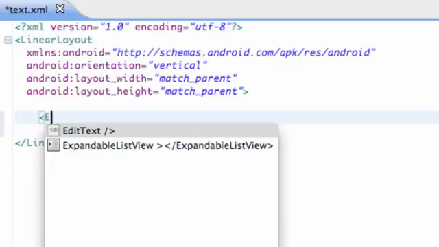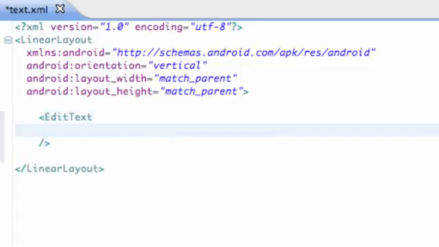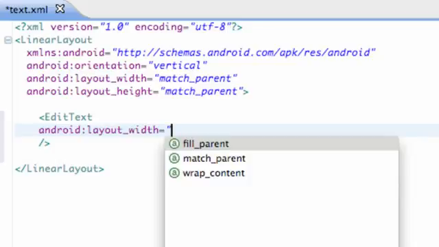So we're going to say edit text, and then we define it as always. We're going to give ourselves some room here to work with, and we're going to say the Android layout width is equal to